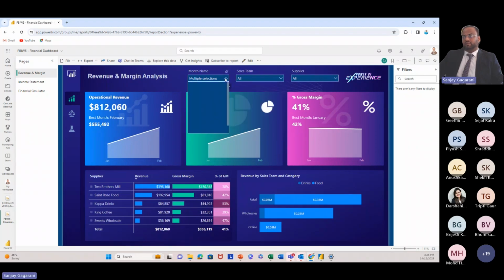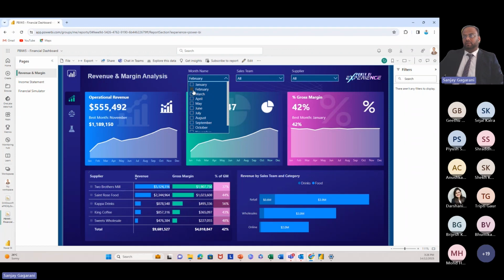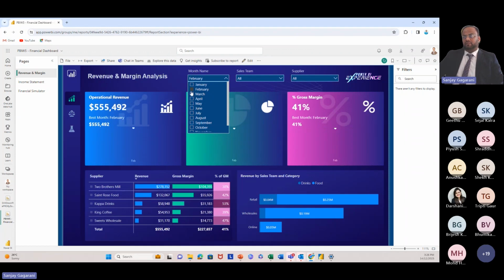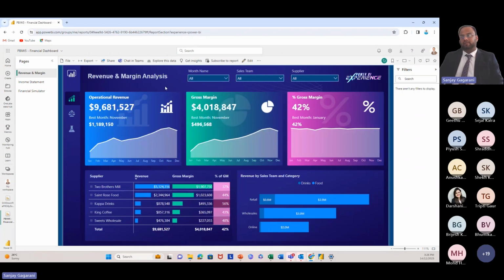Now, various times the question comes, what about data cleaning? So we do have the Power Query Editor also, which can be helpful for cleaning the data. This is the Power BI app version, which I mentioned, that is the ultimate of what we can do. If you get a subscription, you can get it here.